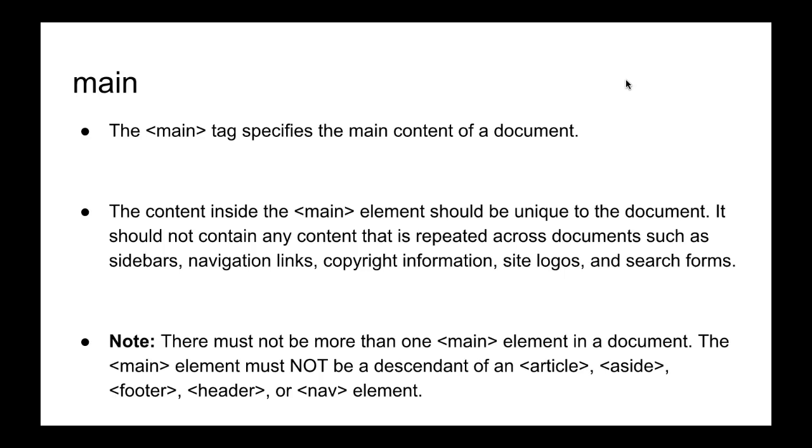Main. The main tag specifies the main content of a document. The content inside the main element should be unique to the document. It should not contain any content that is repeated across documents such as sidebars, navigation links, copyright information, site logos,